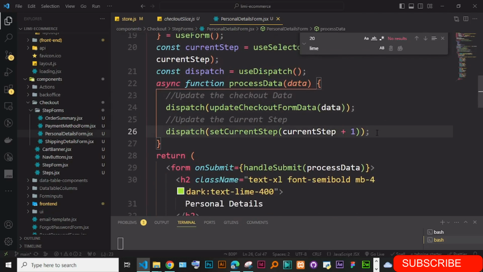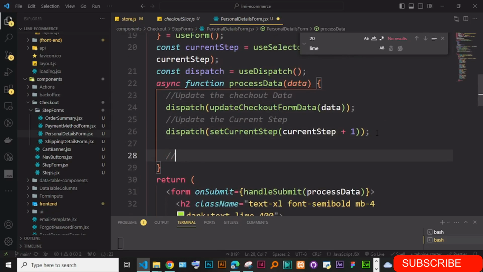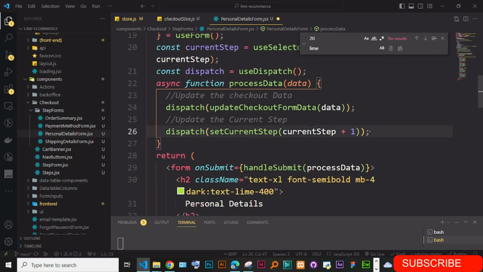Of course, here we are also going to send to the API. I think it is on the last step, not on this step. Just first update. Okay, so copy this,